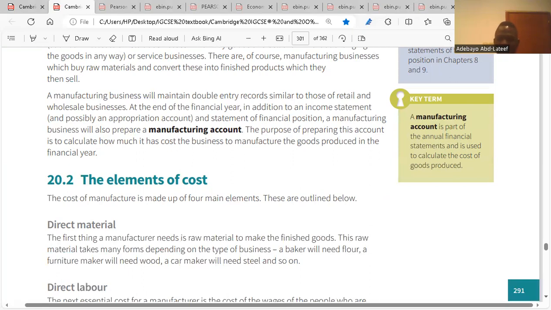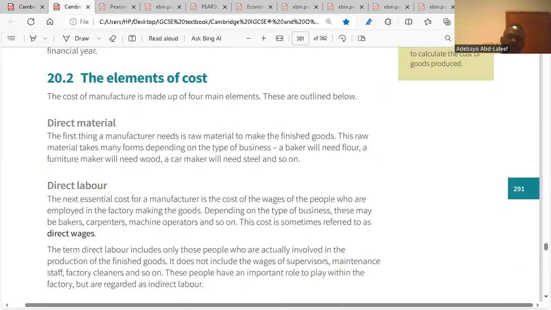Here it says the elements of cost. We have direct material. When we talk about direct material, we're talking about the first thing the manufacturer needs. They said the first thing the manufacturer needs is a raw material to make the finished goods. So these raw materials take many forms depending on the type of business. A baker will need the flour. A furniture maker will need the wood. A car maker will need steel and so on. So direct materials are